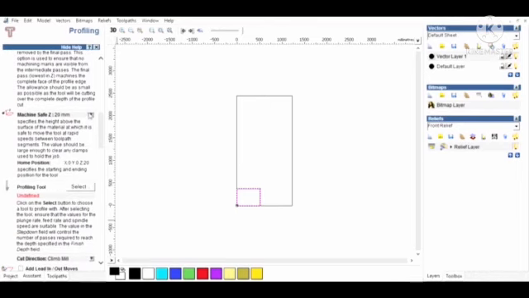and here is machine safe 0, and here 20 mm. Okay,